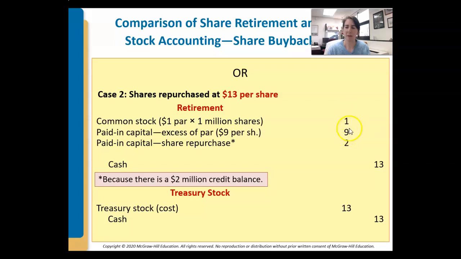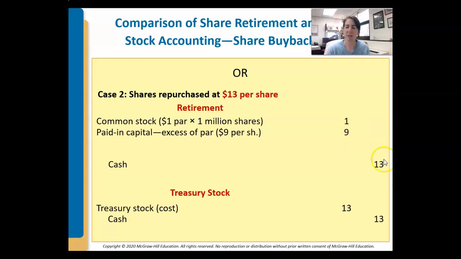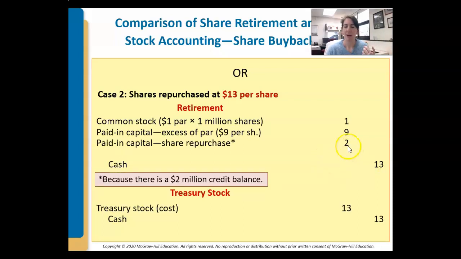So I've got $10 here, right? Wait, before I get there. There we go. I've got $10 here, I've got 13 here, which makes sense. I knew that I was in the hole by $3 a share, just based on the fact that I sold them for 10 and we're buying them for 13. So if that's the case, I'm going to debit paid in capital share repurchase, because if you remember